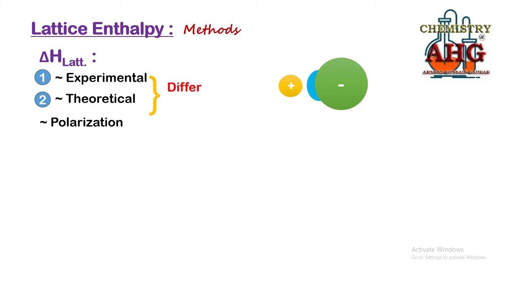So what happens due to this polarization? The two ions are trying to come close to each other, they are trying to overlap their shells, although they have not overlapped their shells in this example. But if they become able to overlap their shells, which bond formation can take place? It could result in the formation of a covalent bond. So right now in this example that I have displayed in front of you, there is not 100% covalent bond, but at least there would be some percentage of covalent character. So that covalent character is due to polarization.